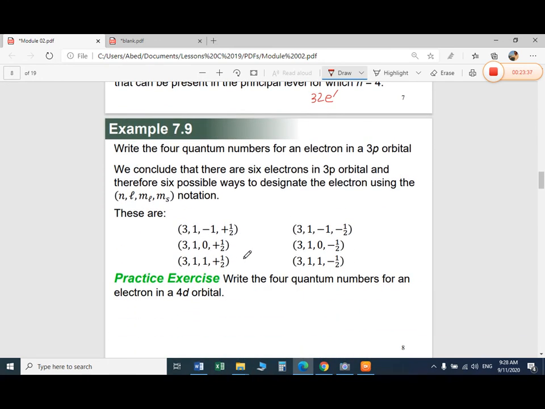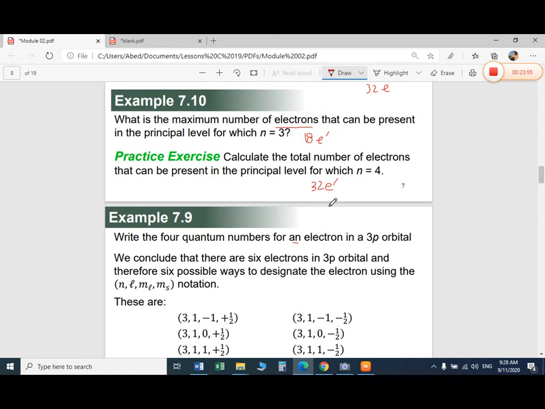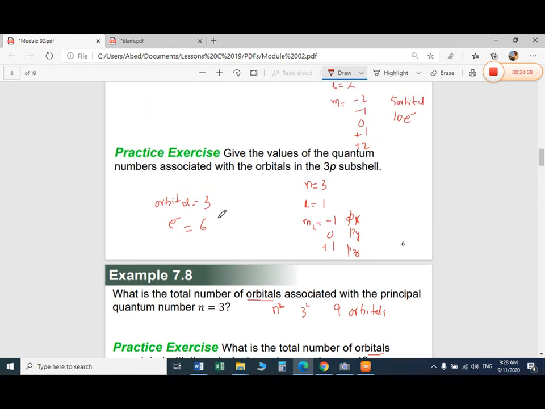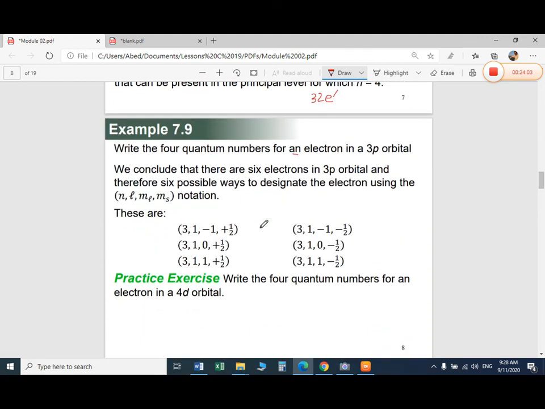Okay, and reverse. So here, write 4 quantum numbers for an electron. He is saying only 1 electron. Okay, and 3p, in the 3p we have 6 electrons. We already solved this. You see, here we solved it. This is 3p. 3p has 6 electrons, but he is asking only for 1. But I have written all the 6 answers for all the electrons. So he is asking you to write all the quantum numbers for any 1 electron, but we have the answer for all the 6 electrons.